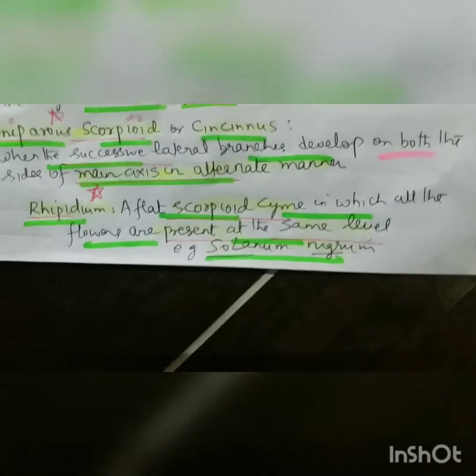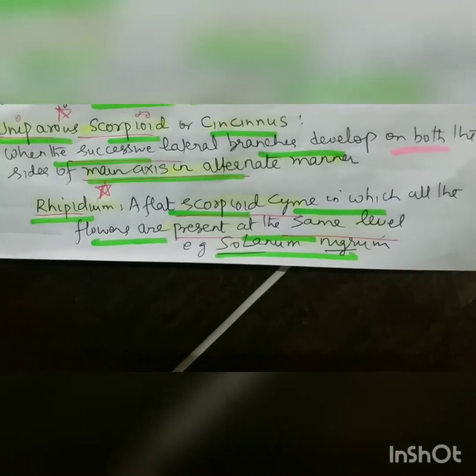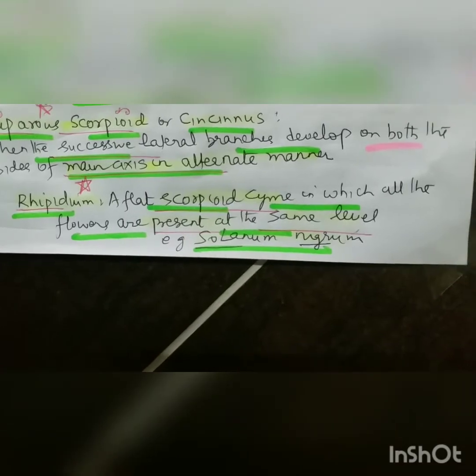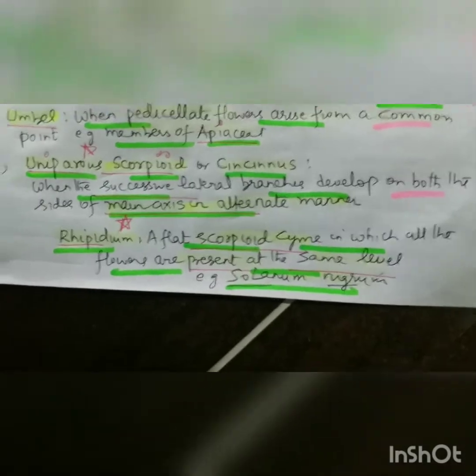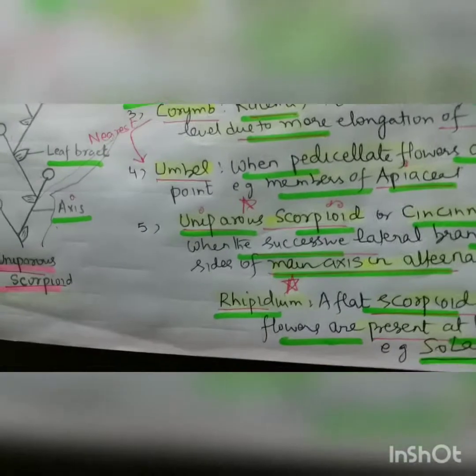And then last is the rhipidium. It is a flat scorpioid cyme in which all the flowers are present at the same level. So in case of rhipidium we just did it in Solanaceae. It is a scorpioid form, but they are arranged in such a way that they are present at the same level, right? I just want to show you, we did it. See,